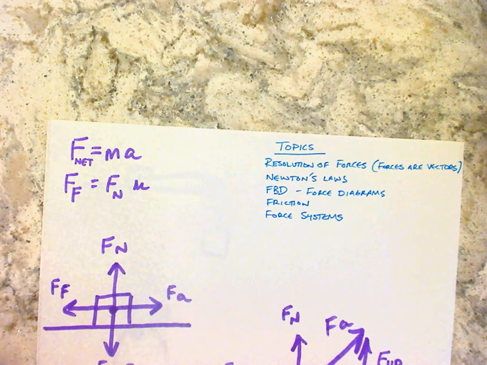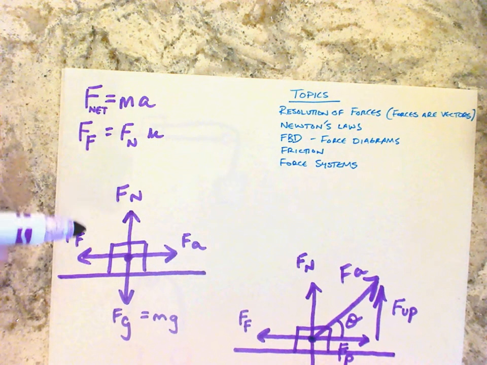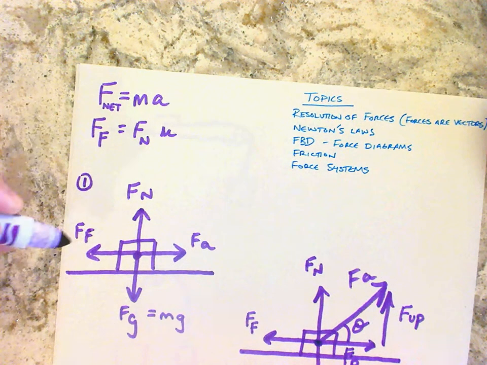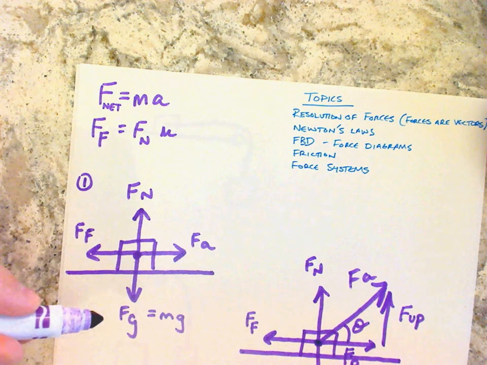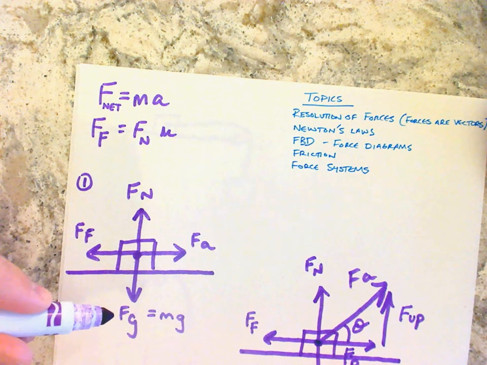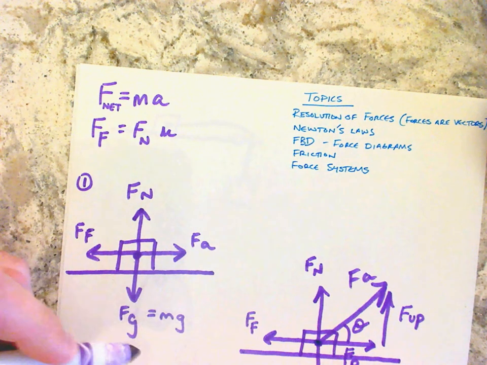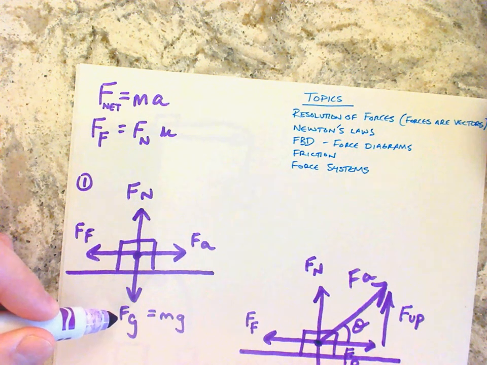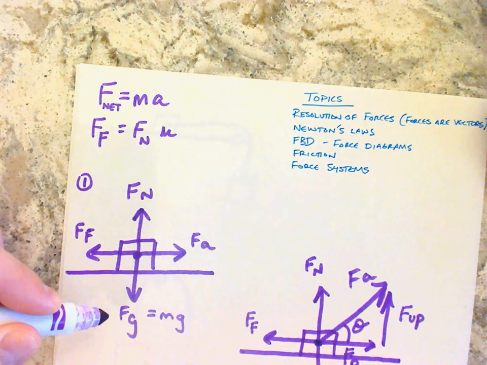The free body diagrams, if you remember these, you might need to take another spin through, draw these back out. We labeled these, if you remember. We called this diagram number 1, and this was the most simplistic when things are sitting on a horizontal surface. Remember, in terms of finding FG, all you have to do is just take mass in kilograms and multiply that by 9.8. Or if you were given FG, which could also be called the weight, all you'd have to do is take FG and divide that by 9.8, and you could get the mass. So we did that a lot. I'm assuming you guys remember that, but just in case, that's a pretty important thing to be able to do